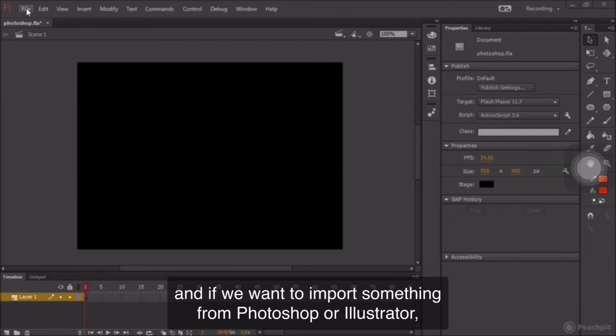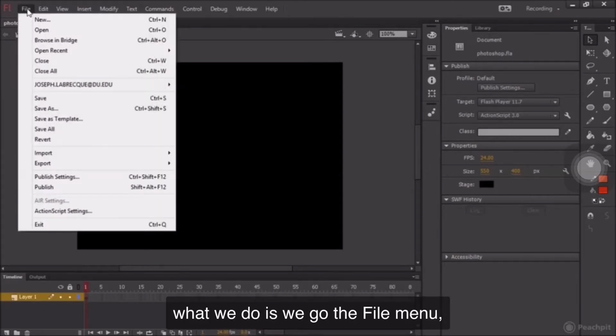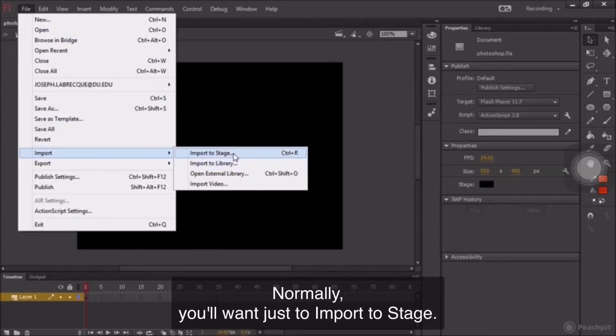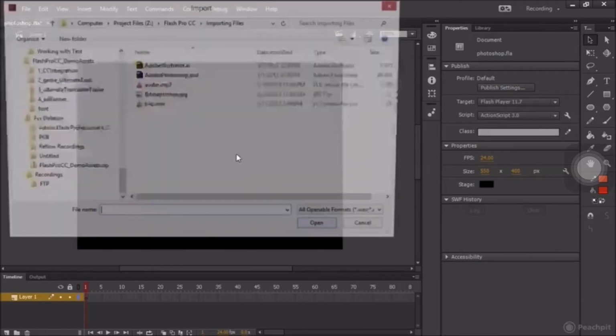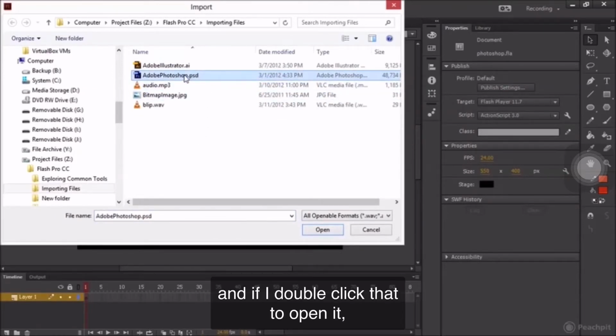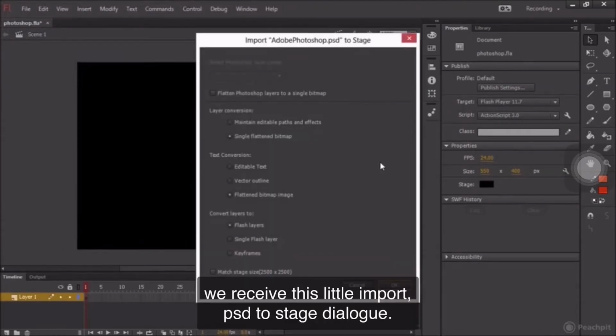And if we want to import something from Photoshop or Illustrator, what we do is we go to the File menu, we choose Import, and then we choose Import to Stage or Import to Library. Normally, you're going to just want to import to Stage. So here we can see our Photoshop PSD, and if I double-click that to open it, we receive this little